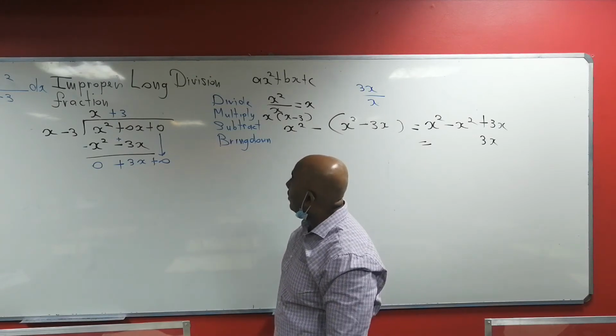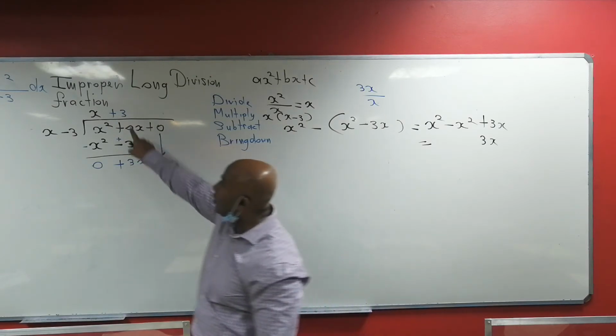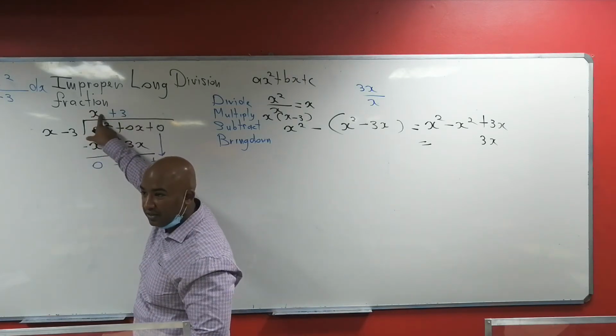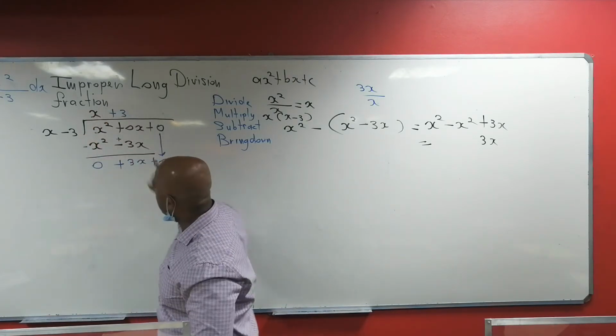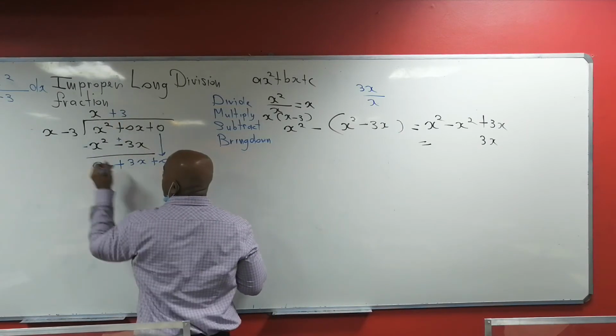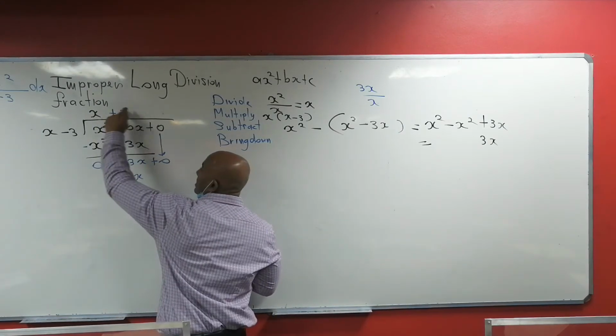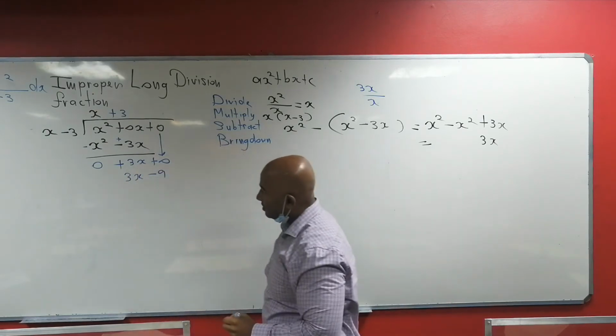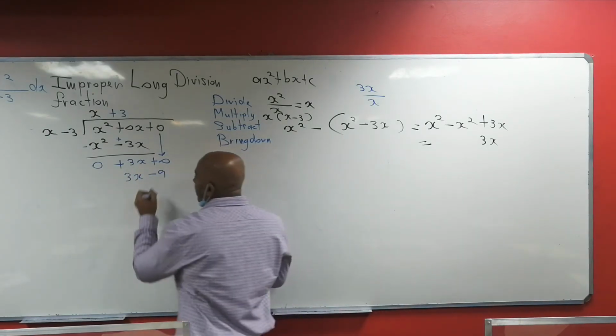Multiply. Now what do you multiply? Only the one that you worked out. Forget about this x. We are done with the x now. Can you see that? The one that you just worked out. So that's going to be 3 times x, which is 3x. 3 times minus 3, which is minus 9. Okay. So now